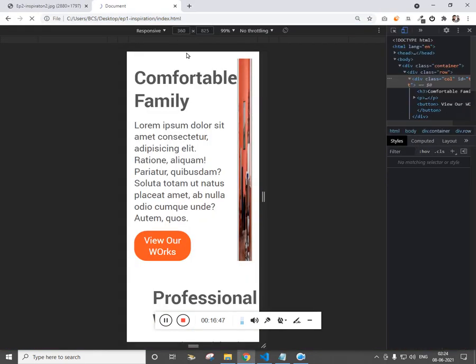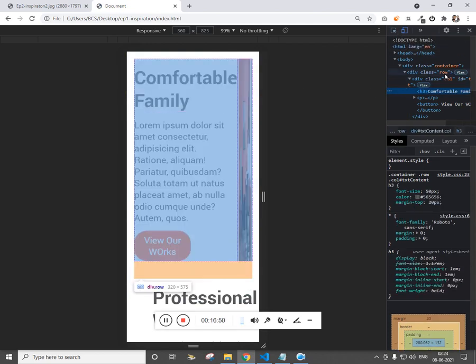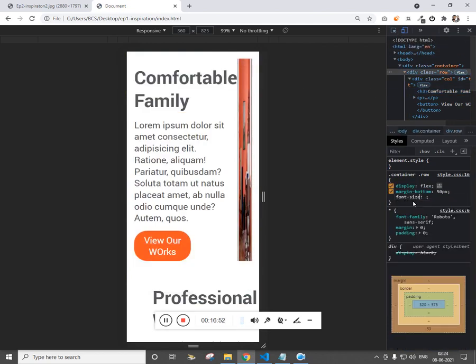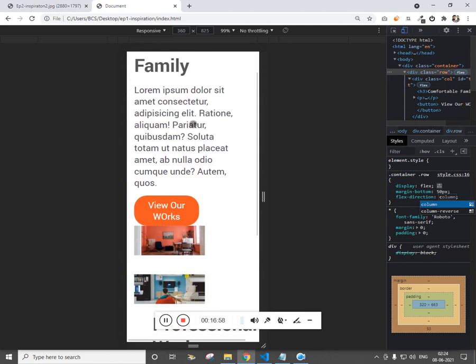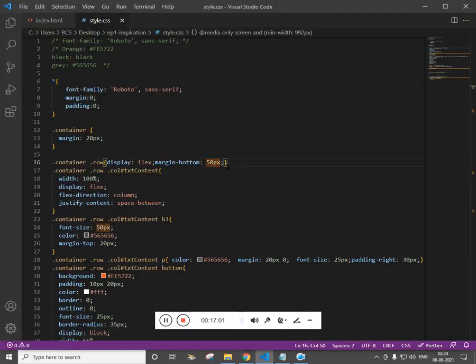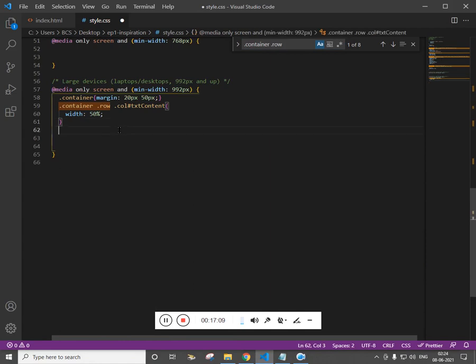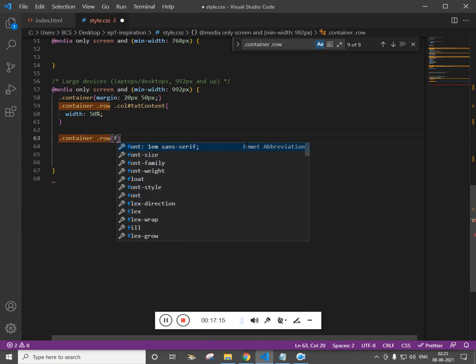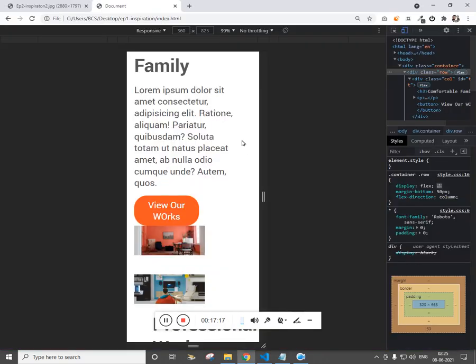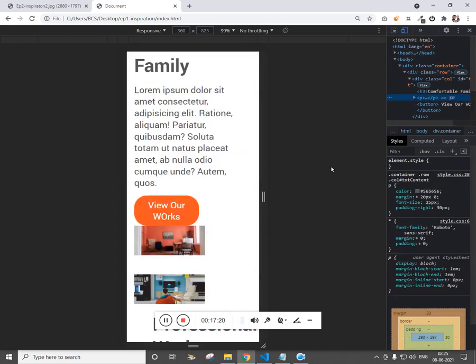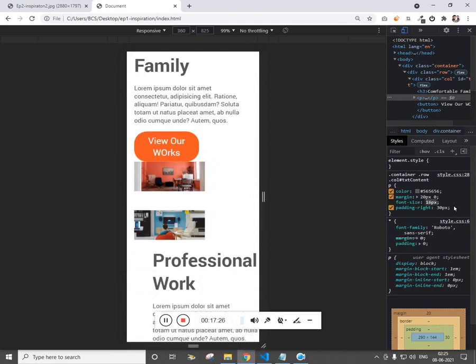Now if I refresh, now let's get into the container, which is row, and let's add flex direction column. That's working. Now let's add flex direction column for mobile, but for desktop it should be flex direction row, which is the default one. And now we have to decrease the size of all the fonts which we have given.